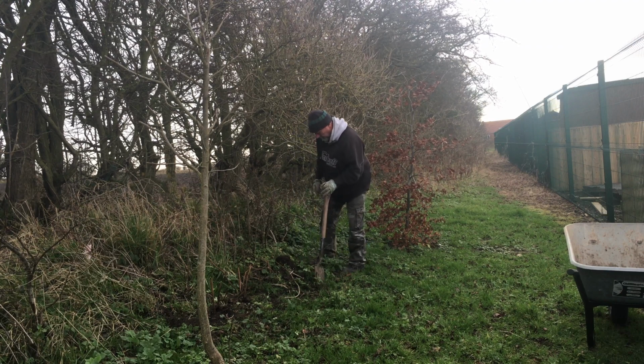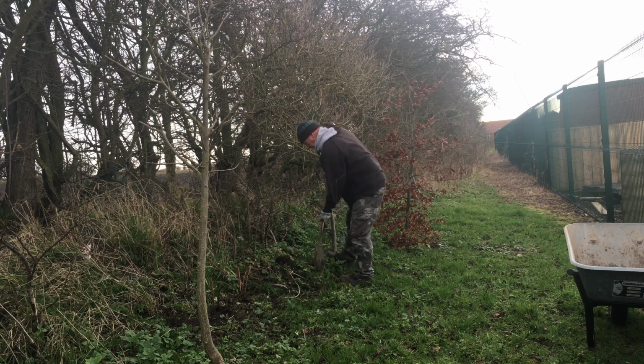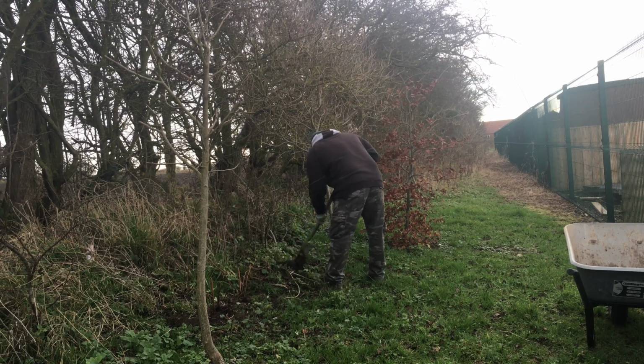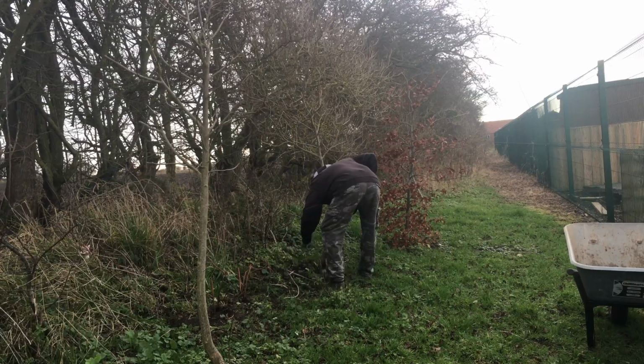What else have we put in? A couple of ash trees. A couple of ash trees, all seedlings that just land in our garden, and we usually pot them and keep them in the garden for a while, and then when they get a bit big, we've started to plant them out here. It's great to have somewhere good to plant them, where they're going to get a good chance of